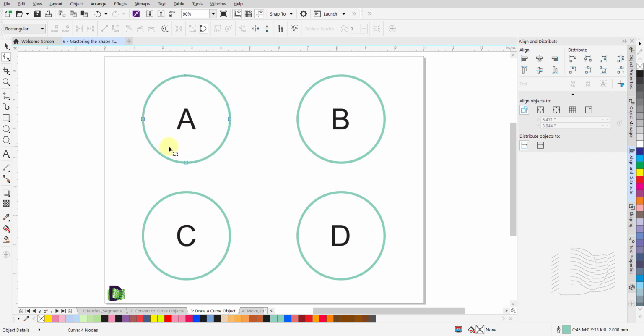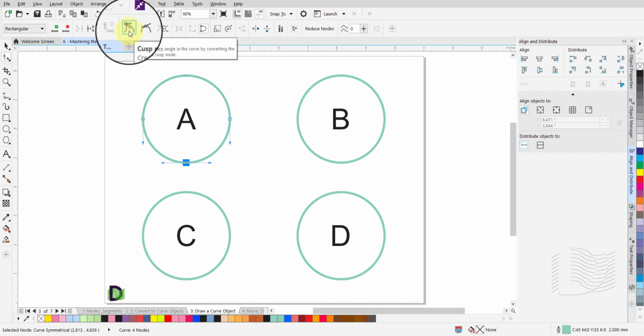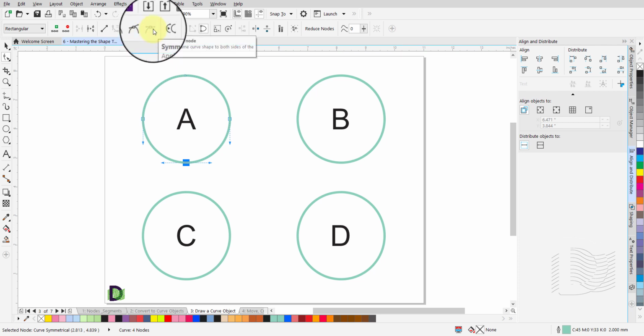All the nodes on any of these objects can be manipulated several ways to get our desired shape. Click on one of the nodes on this object. In one of the previous tutorials, we briefly talked about these 3 icons up in the Properties bar. The Cusp node, the Smooth node, and the symmetrical node icons.